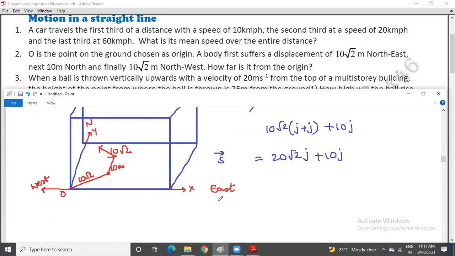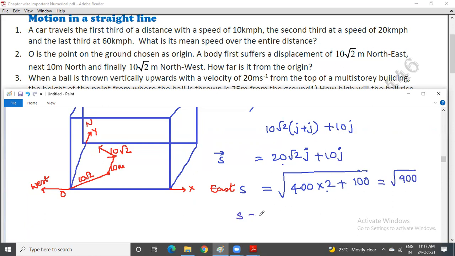If you take the magnitude of it, so what is the magnitude? Since it is in the y direction only, you treat it as the first one. So you can write the squaring of that: 400 into 2, multiplied with 2, plus then squaring of 10, 100. So it will be the magnitude of S. This is 800, this is 100, this will be root 900. So root 900, you might be knowing, is 30, but don't forget to write distance and displacement are measured in meters.